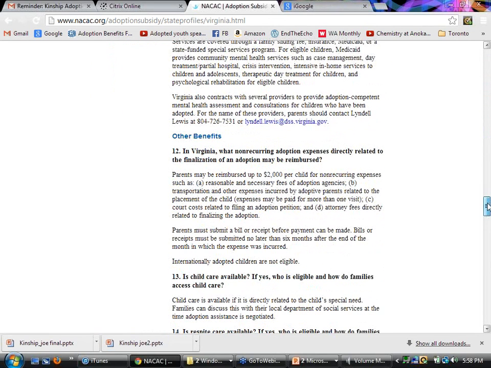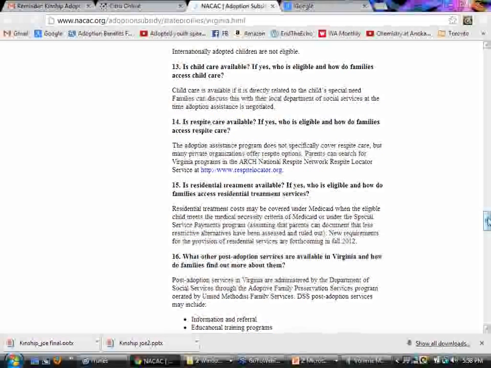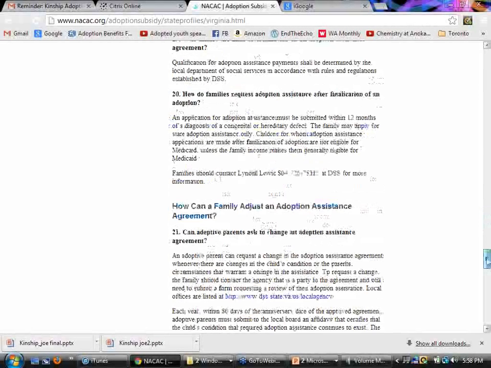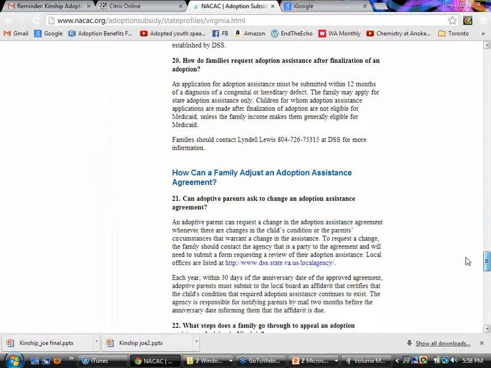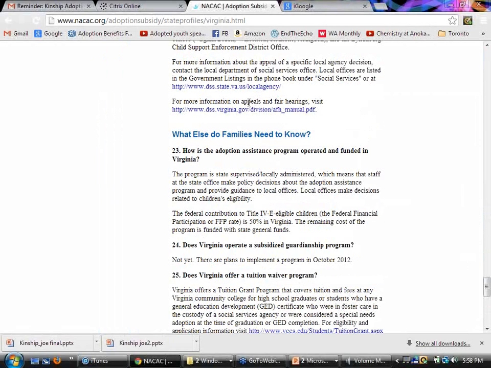They're going to be dependent on the needs of the individual child, whether it's a state that negotiates tough or not. Now we ask a question about subsidized guardianship for every state, and Virginia is planning to implement a program, but they haven't yet. And some states have kinship programs that are not on this list. This list is for the ones that are capturing